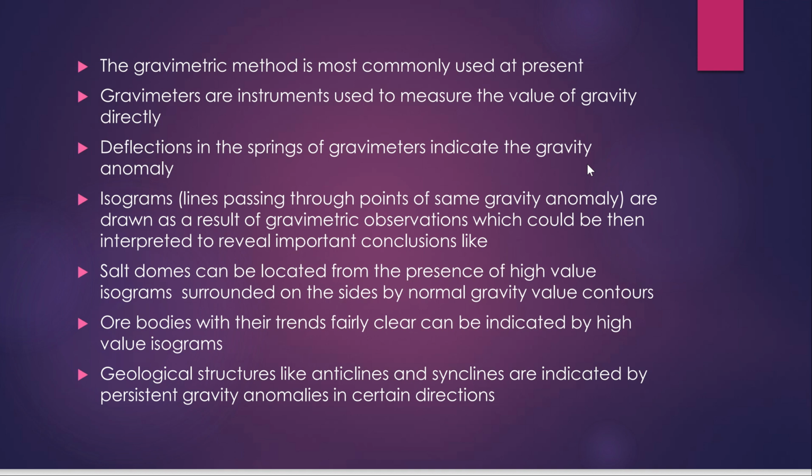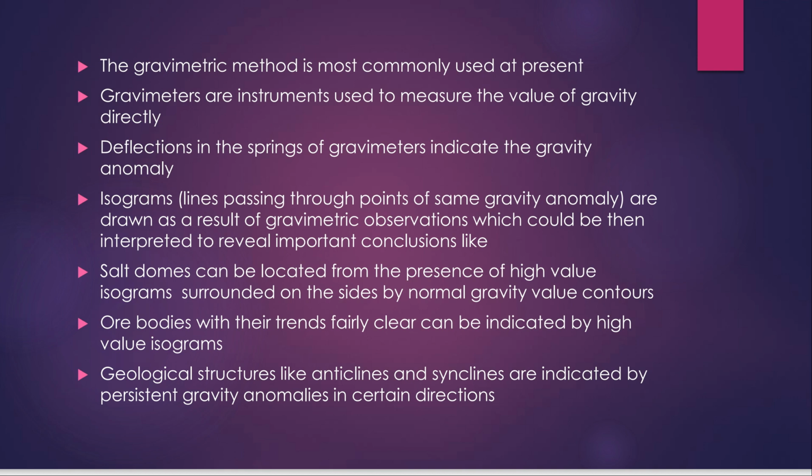Isograms. Isograms are lines passing through the points of the same gravity anomaly. So points having the same gravity anomaly are connected using isograms. These lines connecting the points of the same gravity anomaly are known as isograms. So isograms are drawn as a result of gravimetric observations, which can then be interpreted to reveal important conclusions. So using isograms, we can